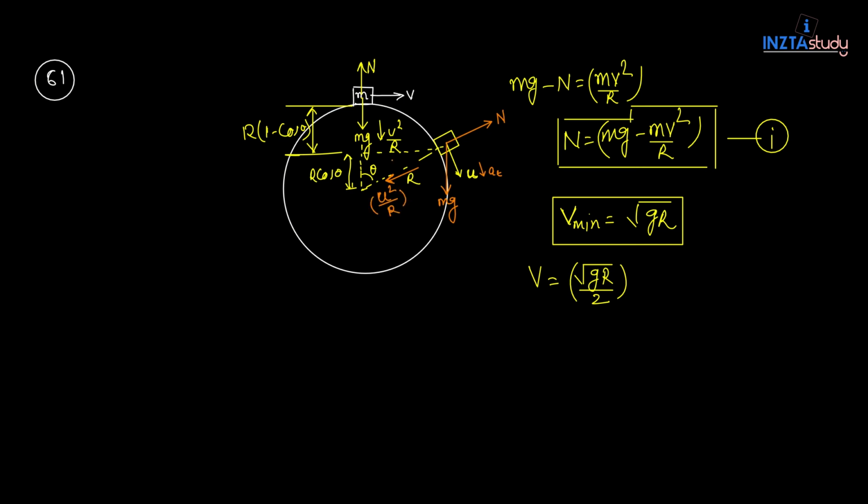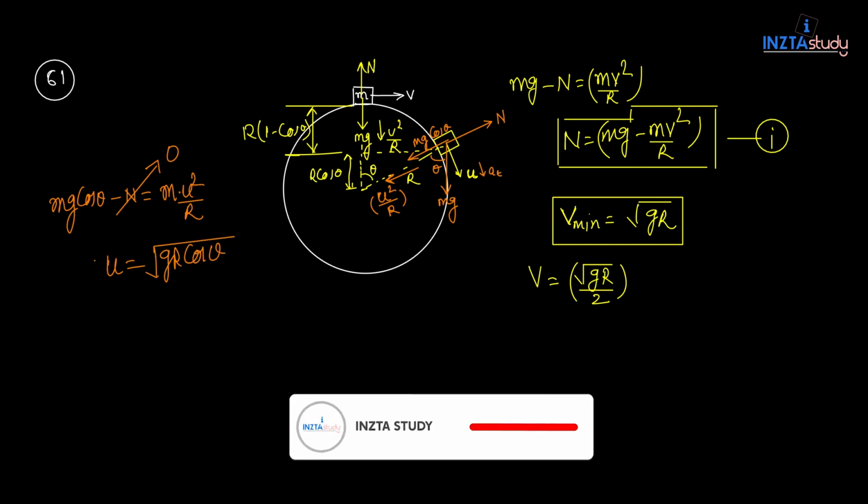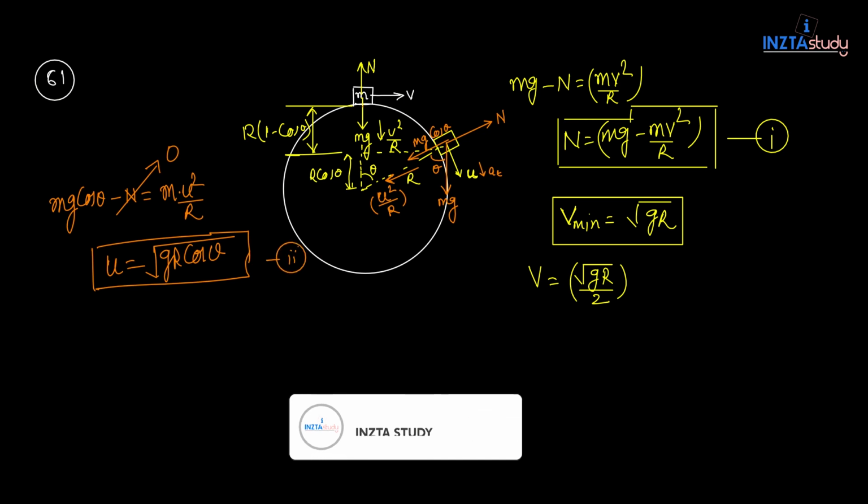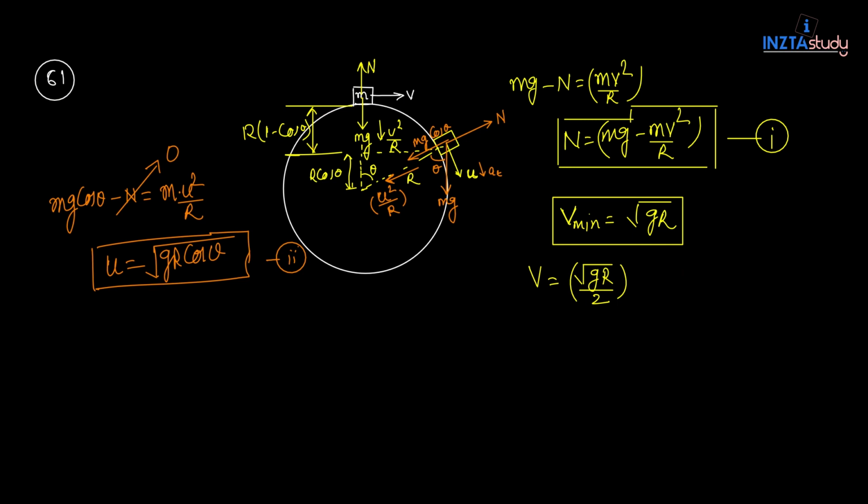The component of mg along the radius, if this angle is theta, is going to be mg cos theta. So we'll write that the net force towards the center, mg cos theta minus normal, is equal to mass into acceleration u square by r. At this location it is losing contact, which means normal becomes 0 here. So u is going to be root under gr cos theta. Let me write that as equation second,